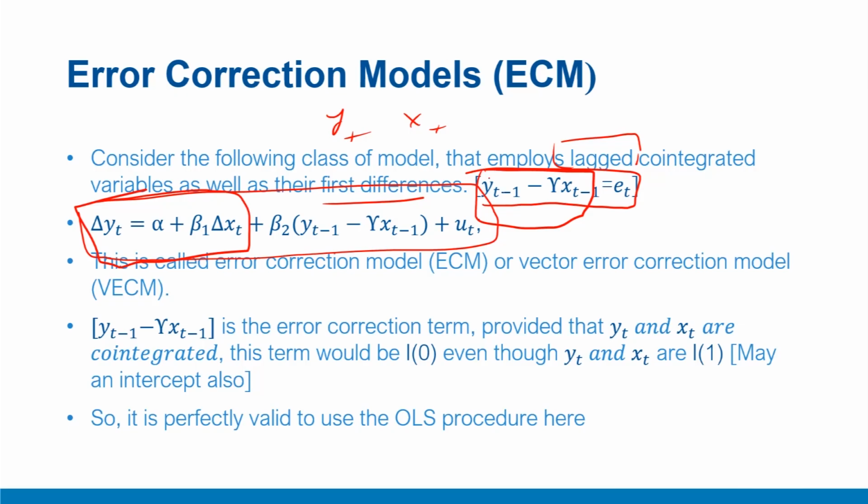I repeat, if we assume that yt minus 1 and xt minus 1 are co-integrated, there exists a long-term relationship expressed in the form of this, which is essentially nothing but the error term et, which reflects the deviations. This et reflects deviations in their equilibrium levels. So this component is put here and the short-term relationship is captured here.